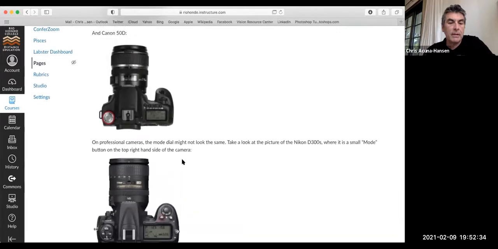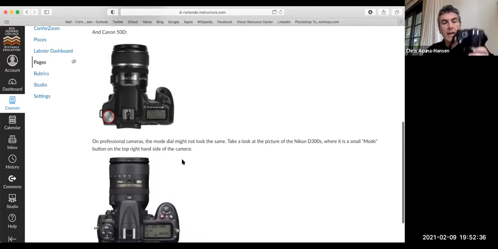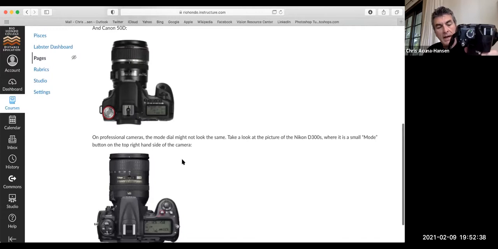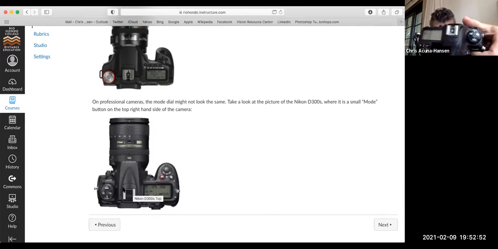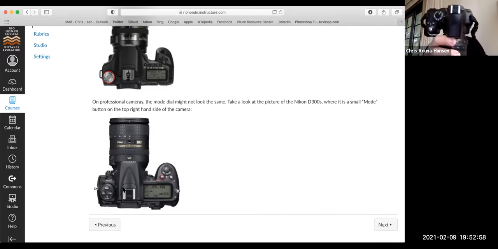Well, they have two Canons. Here's a non-professional Canon, and then this, or a Nikon. This is the more professional top of a Nikon camera, which looks more like this one here. And you can see the camera mode dial. This one just says mode. This one not only has the M, A, S, and P,